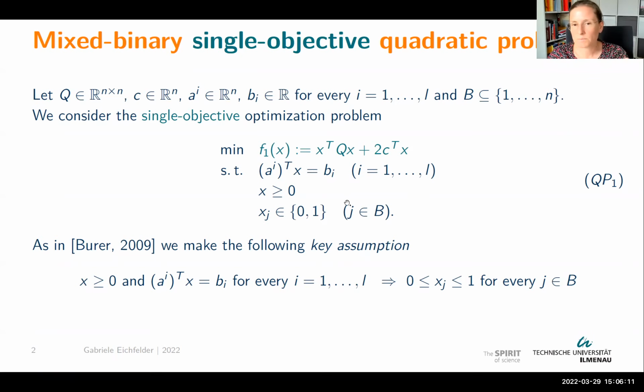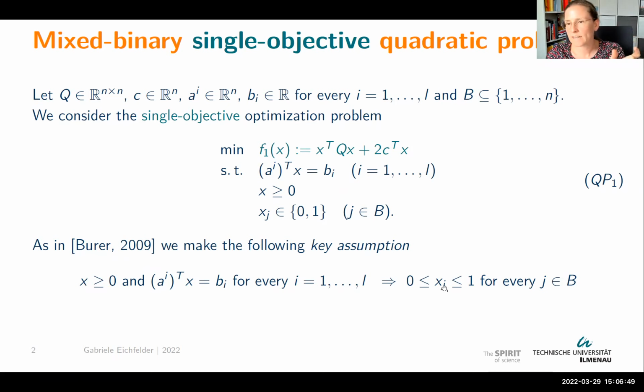And the miracle will be that you reformulate those as simple linear problems over a specific cone. For doing so, you need that a specific key assumption is satisfied. This is what Burer wrote in his paper on the first or second slide, and we will also need this assumption throughout the paper. It's more or less a very weak assumption because if you do not have it, you can easily guarantee it. So what you need is that just based on your equality constraints and the non-negativity, you already guarantee that those variables for which you require that they take binary values only are already in the interval between 0 and 1.